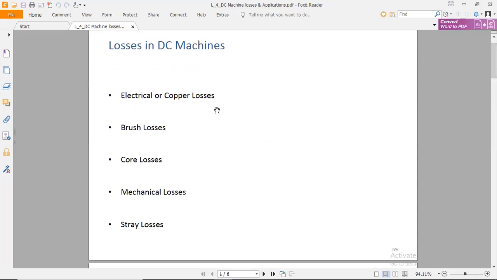Electrical and copper losses can be reduced by proper insulation. If we place the winding in the slot of field or armature, there should be a cooling mechanism so we can reduce the mechanical losses. And if we are using good quality laminated chemical between the winding to winding, slot to slot, we can reduce the electrical or copper loss.